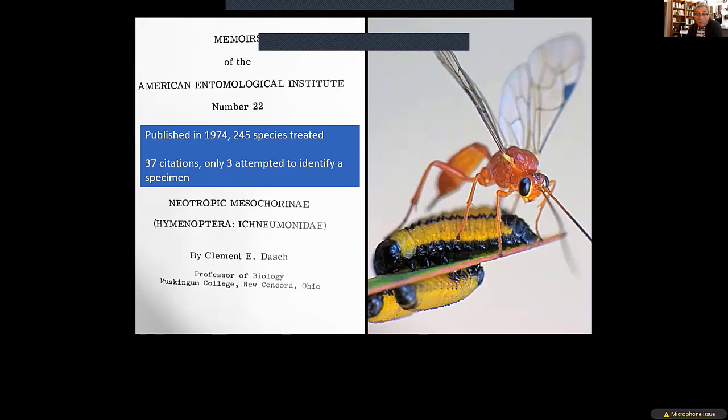Dash included 15 species as occurring in Costa Rica, a mere 5% of the estimated fauna. His key is 279 couplets long and exceedingly difficult to run. If all 3,000 New World species were included in the key, it would be 3,416 couplets long. As with my revision of Alabagrus, there are only about 30-some odd citations for Dash's 1974